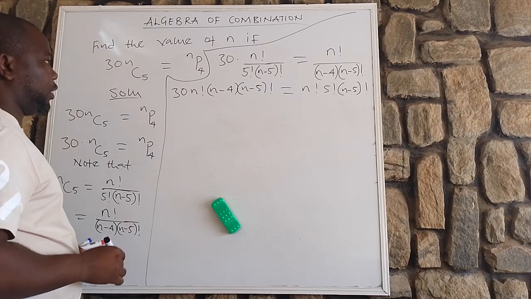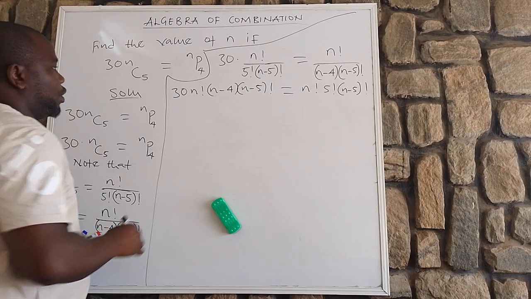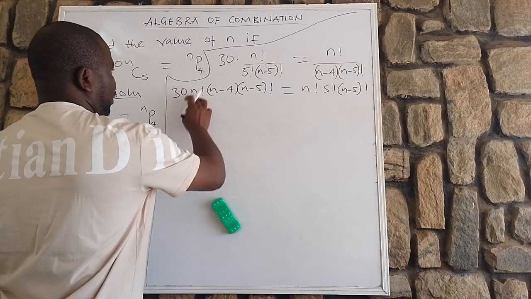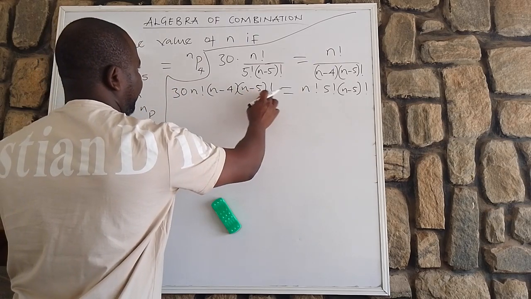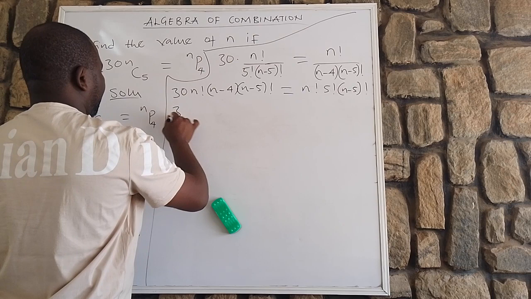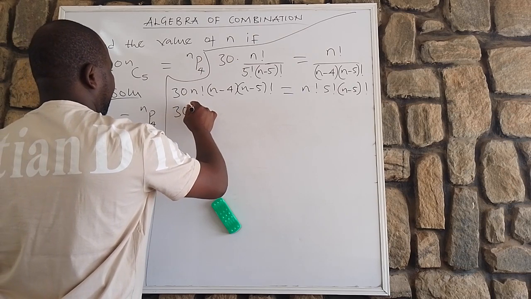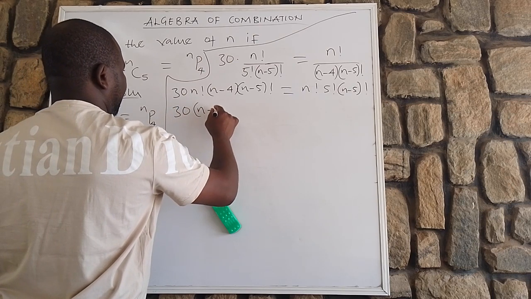So if we divide through by the common n factorial and n minus 5 factorial, this is what we have: 30 open bracket n minus 4